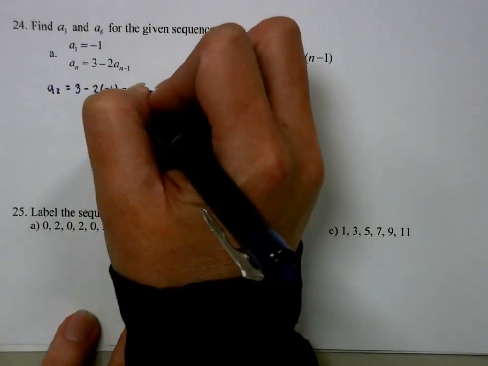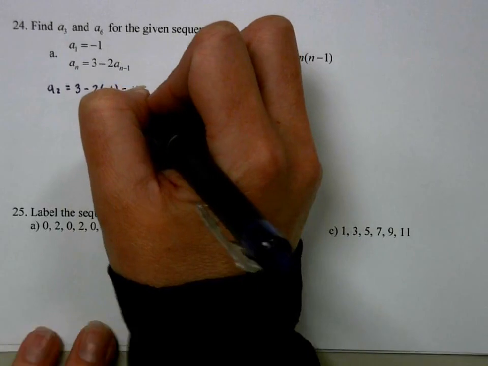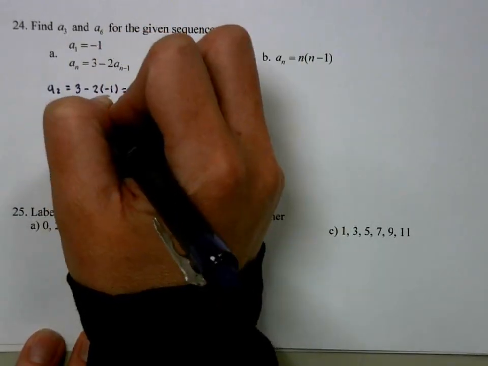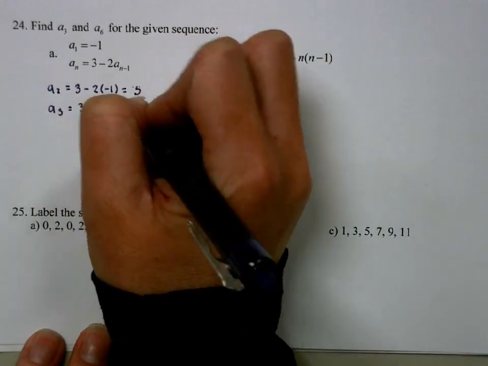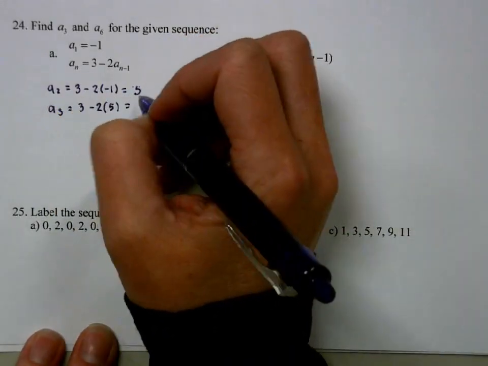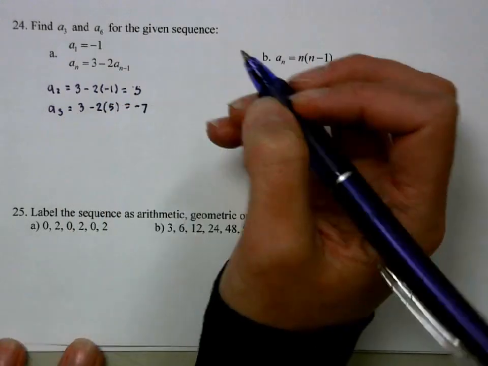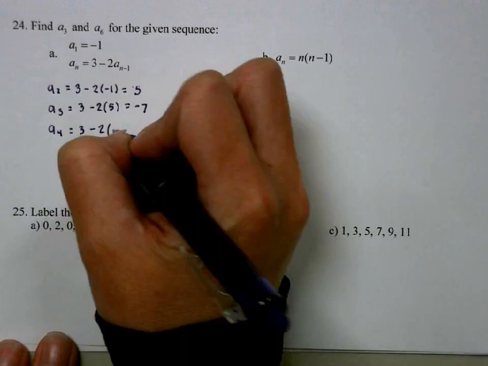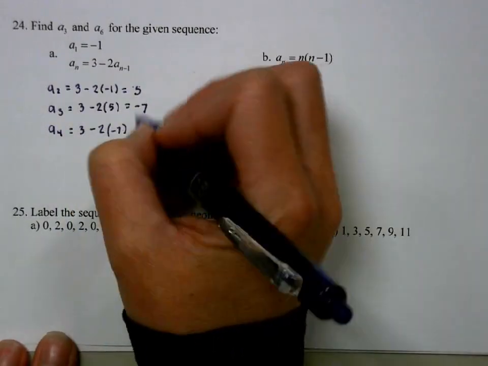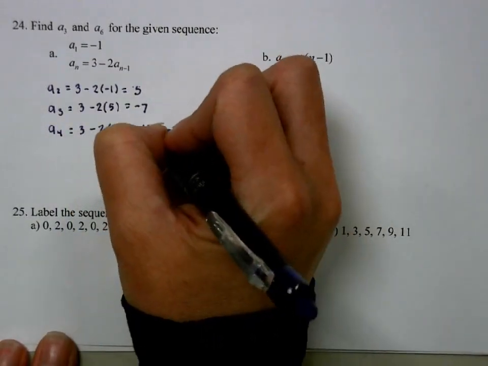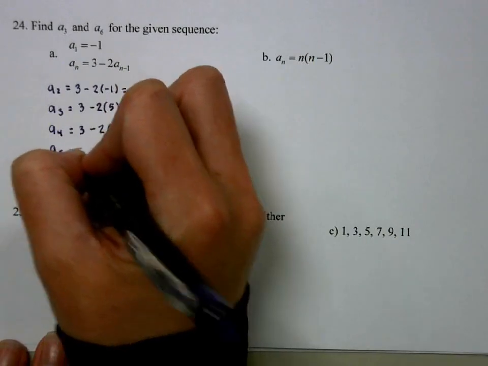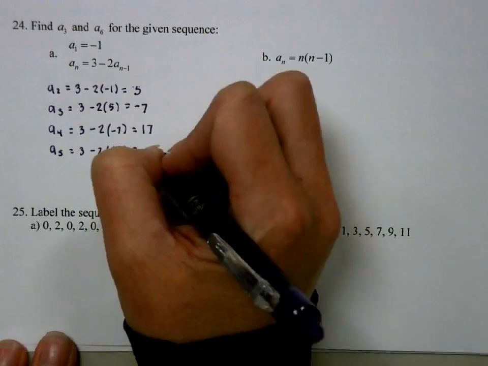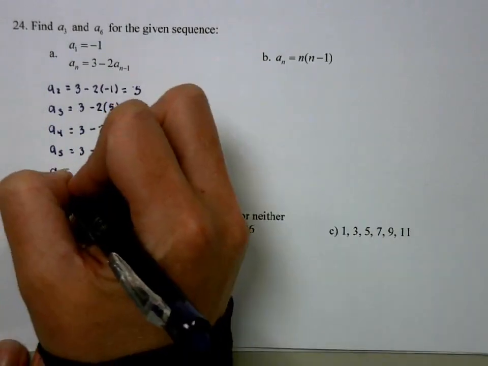So 3 minus 10 is negative 7. A4 is going to be 3 minus 2 times negative 7. So that'll be 14 plus 3, or 17. A5 will be 3 minus 2, 17. And A6 is 3 minus 2 times negative 31, which is 65. So our two answers are